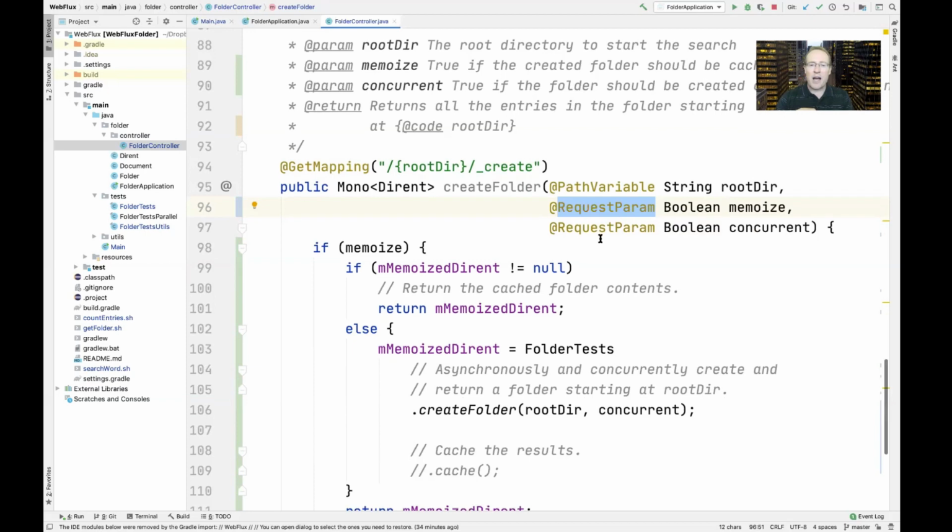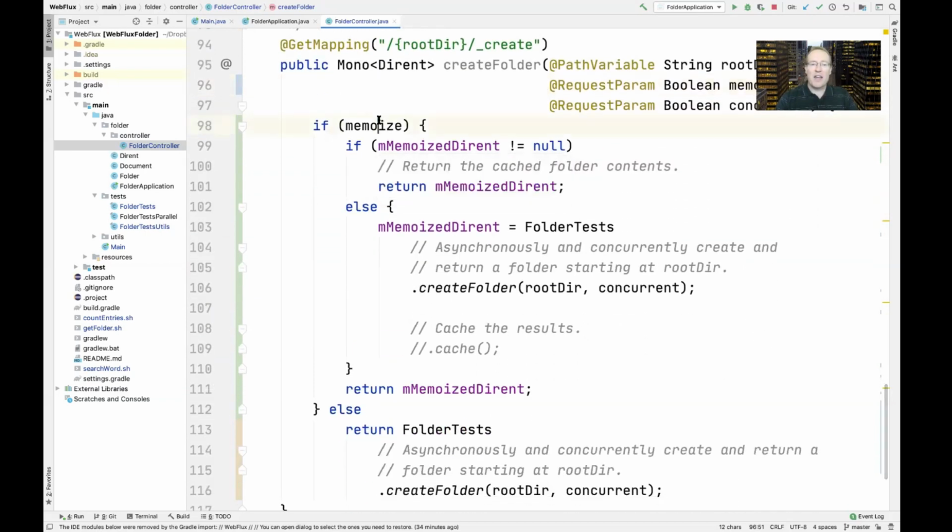the idea is if you want to memoize, then if that flag is set by the client and you haven't gone to the trouble of memoizing something yet, then we're going to go ahead and create the folder, and we're going to get back a memoized durant, which we're going to store locally. And I should probably put this back in here. So we're going to cache the results for the memoized version of this. And the idea here is that after this is run one time, then the memoized contents will stick around inside the address space of the server. And the next time the client comes around, it'll get back the memoized contents rather than having to go through